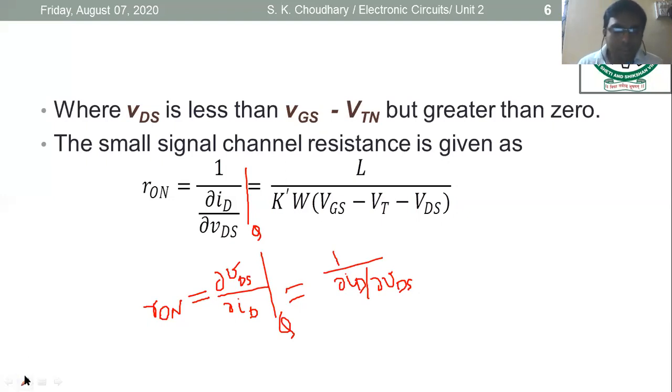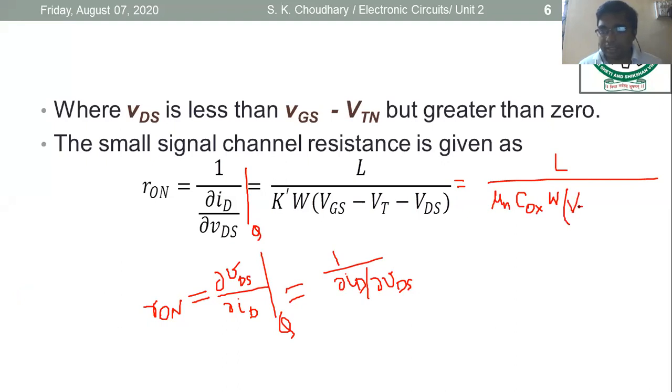If you further elaborate and see the importance of this equation, what we are actually getting from this equation, I am just elaborating the concept. K dash is what? It is mu n C oxide, the oxide capacitance per unit area, and then the rest of the term. You can write a DC term or AC term because we are keeping the AC and DC constant. VT minus VGS.